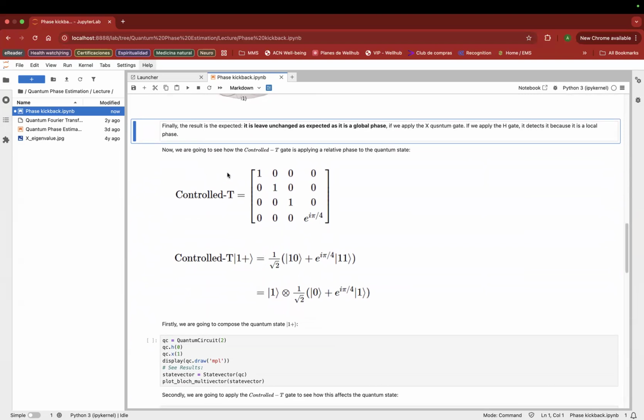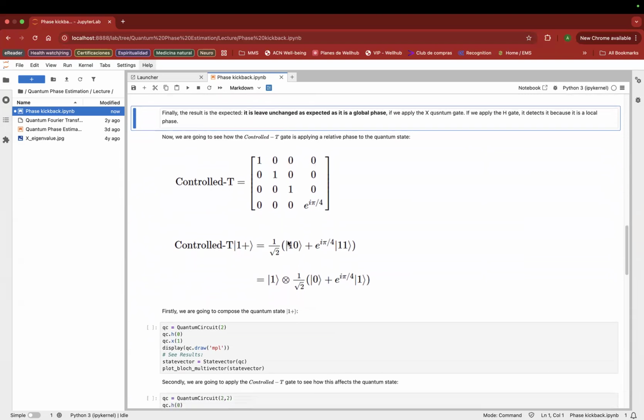Okay, cool. Then the control T gate. The control T gate is the one we have here. It's applied on two qubits: 00, 01, 10, 11. We have here a two-qubit gate, and then 0, 0, and 1 and plus. This is the Hadamard, and this is the normalization factor. In 1, 0, this is the target qubit. The first qubit is the target qubit, while the second qubit is the control qubit.